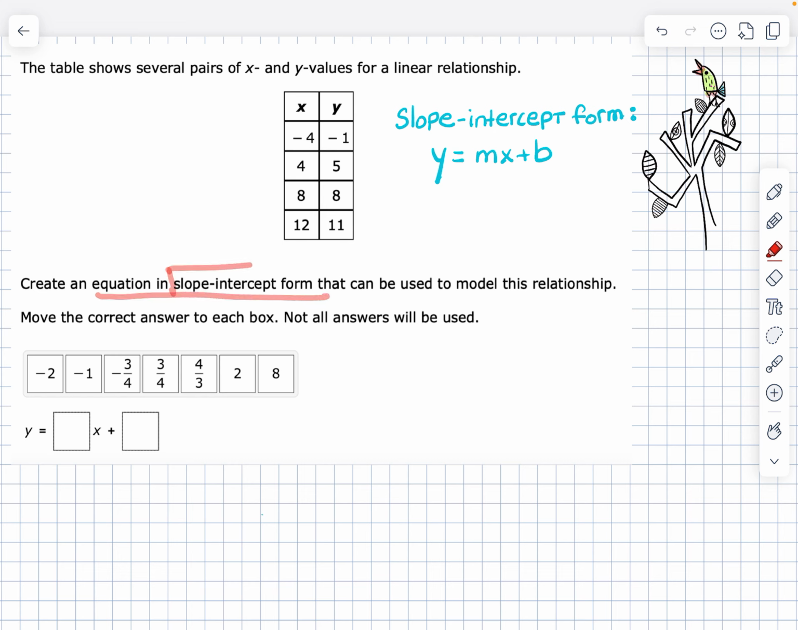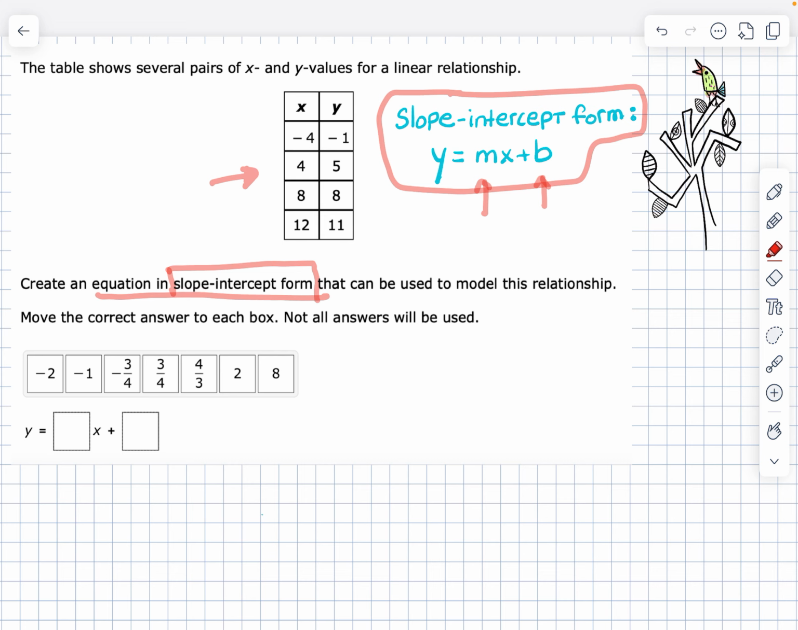So we need to know what slope-intercept form is, and I have written it out right here. y equals mx plus b, where m is the slope and b is the y-intercept. That's really what we need. So now we need to decide how we can solve this problem. The first thing I go to when I see a chart like this, I call this a T-chart,